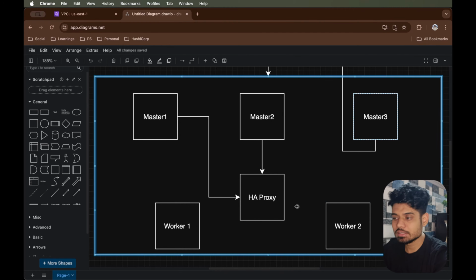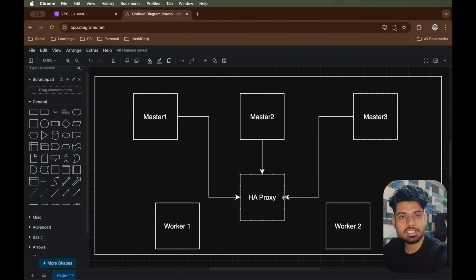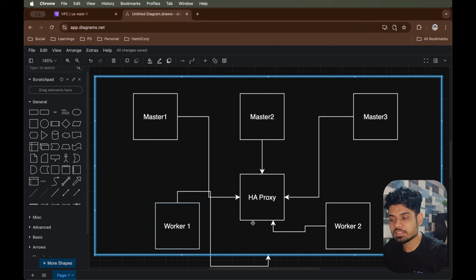Now we can say that if I am reaching out to HAProxy, it will redirect my request to any of them, because it is the one load balancing all of these. So now if a worker node wants to connect with a master node, it will just go to the HAProxy, and the same thing will happen to